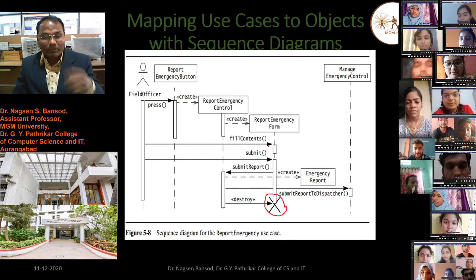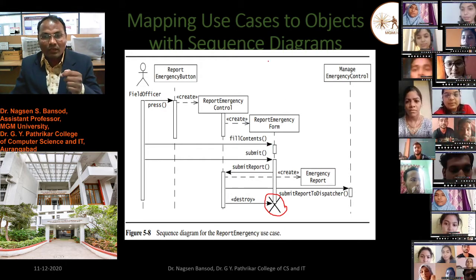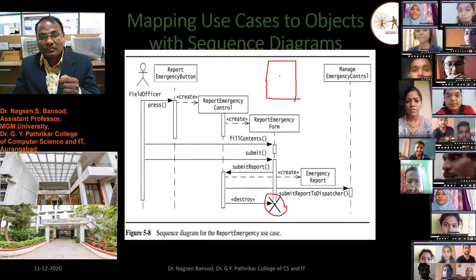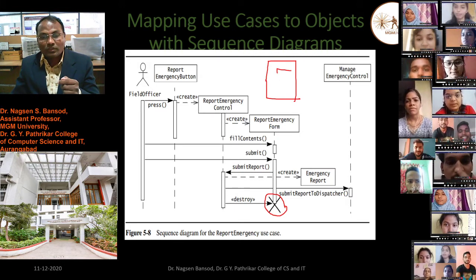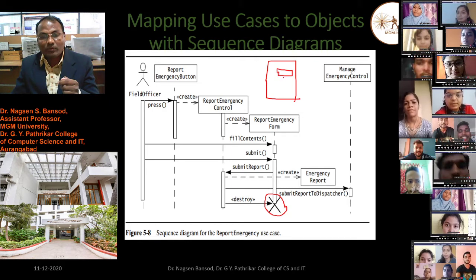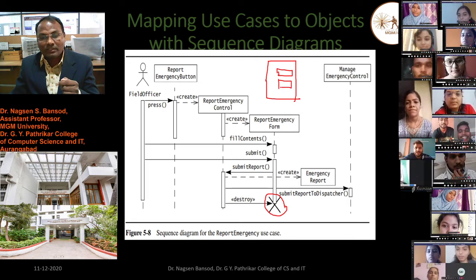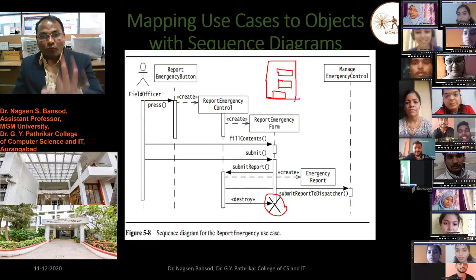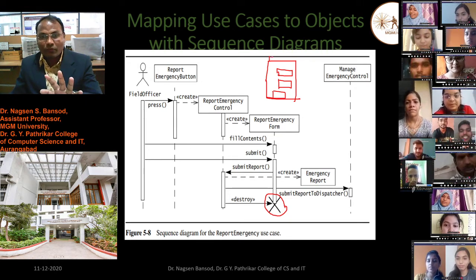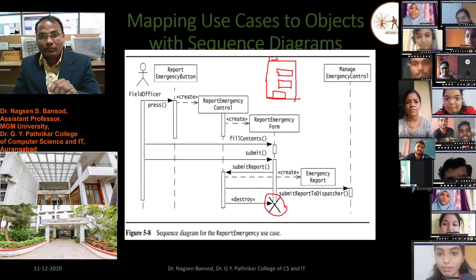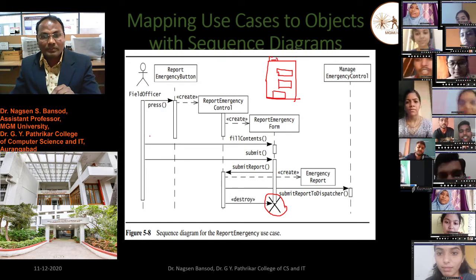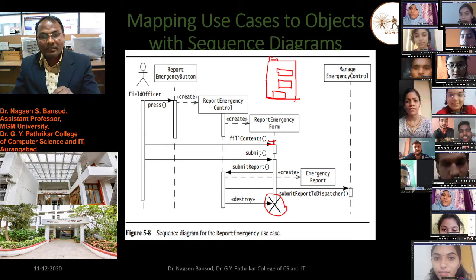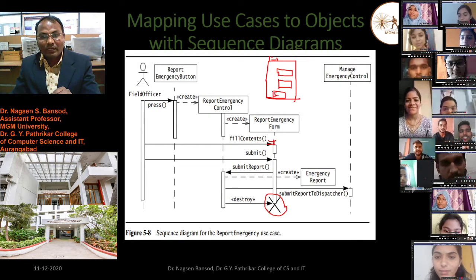What information is required in the front software? For example, the incident that happened, who suffered from the incident, the name, the location of the incident, and then this form will be submitted. This is the software view, and the field officer will submit it by filling in the content. Once he fills the content, he will click this button.